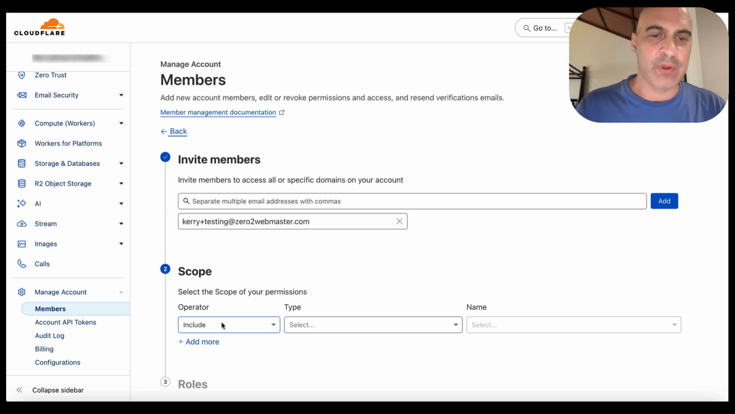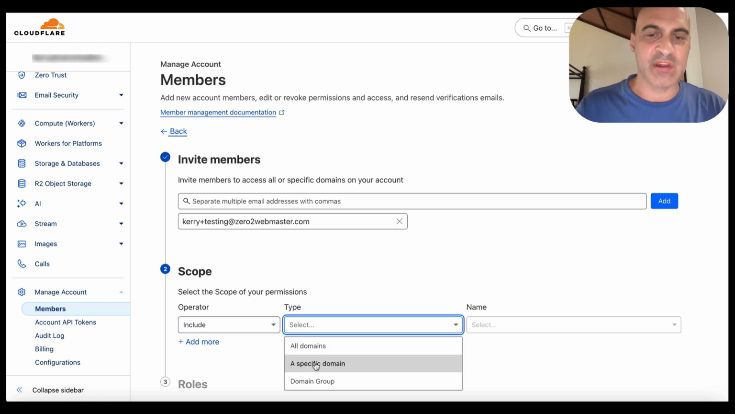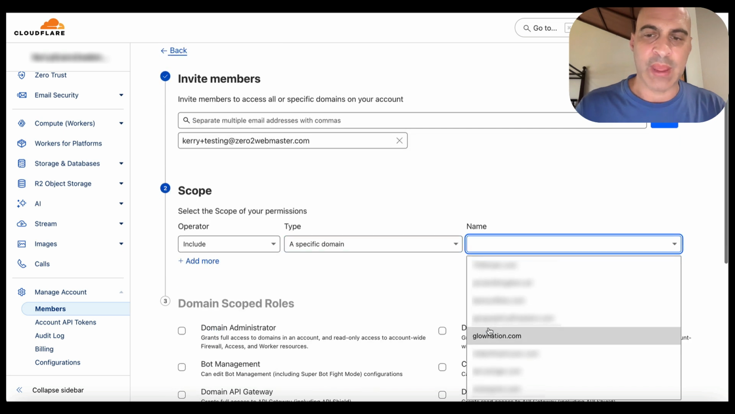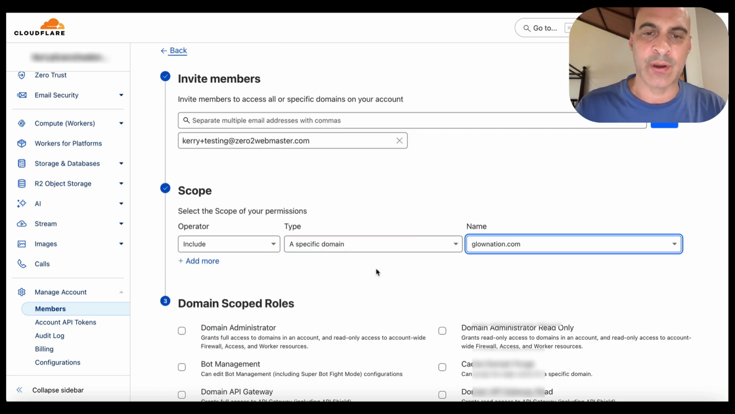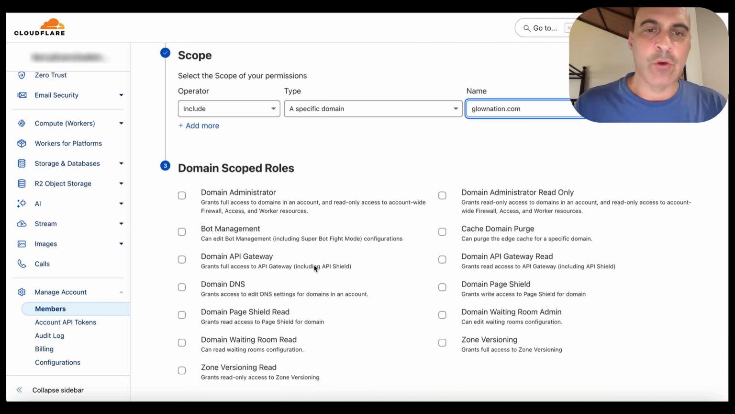And then for scope, include a specific domain. What domain do you want? Go click one that you want to give them access to. And then down here, domain scoped roles, choose domain DNS,